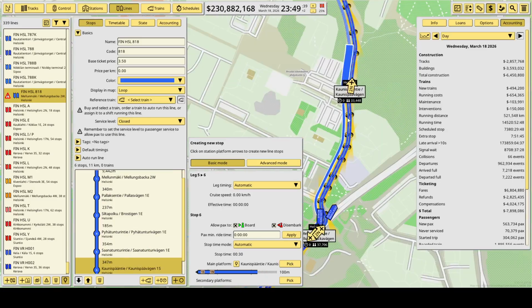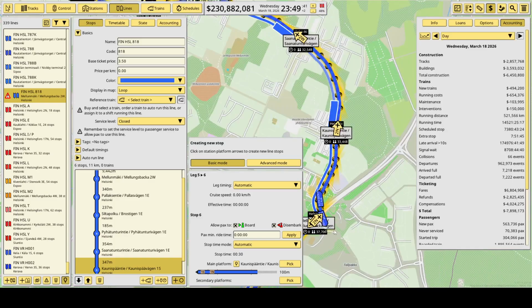but then comes a new section, not a short new section, but a new section. So the following stop is called Fallbacka, and let's see what that is in Swedish. My Swedish map is still located on the old line. So let us see, where the hell do we have Mellunmäki? We have it over here. So Fallbacka, and this is exactly